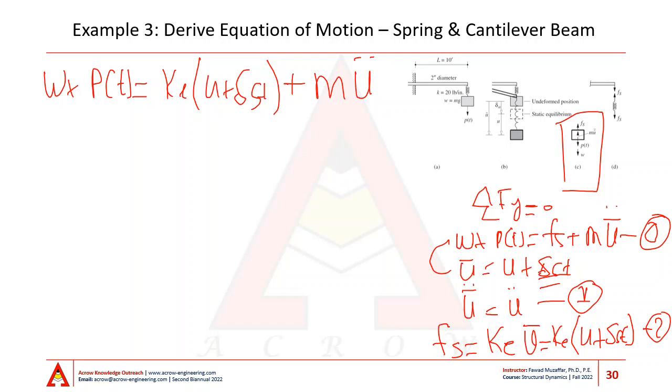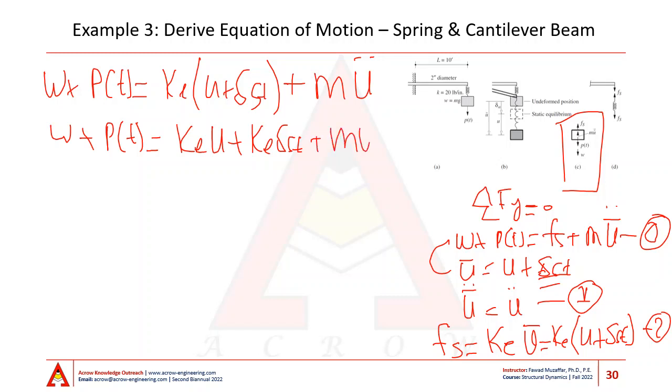Now if we open up both sides, we open up the round bracket, we'll get, in the above equation, the equivalent stiffness multiplied by the static displacement of the mass in the vertical direction is nothing but the self-weight of the mass. So this term cancels with that and we are left with